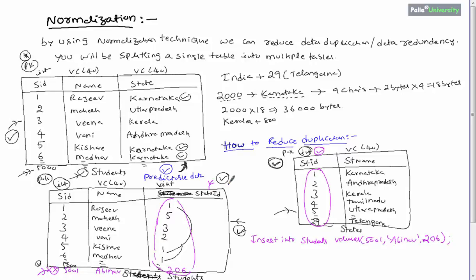So how will you achieve this? Very simple, by relating these two tables. You have to establish a relation between these two tables, right? How will you relate the two tables? That is by using foreign key constraint, right? So I will explain more about foreign key constraint in the next tutorial.